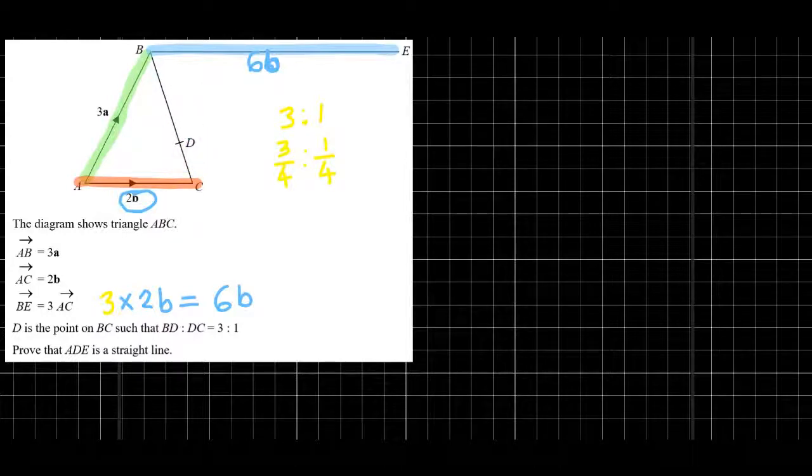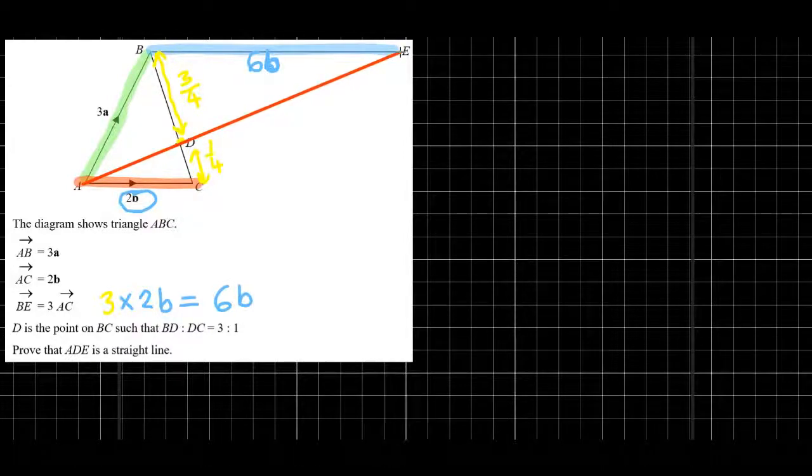So from here to here is 3/4 of the line BC, and from here to here is 1/4. Prove that ADE is a straight line. So we want to prove that A to D to E is a straight line. All right, this